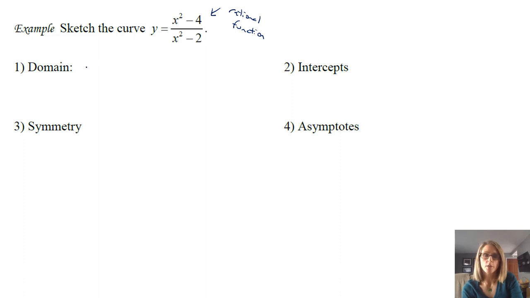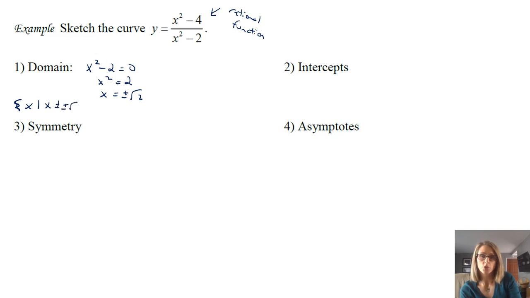Not all the time in a rational function, but we have to think about the fact that there are times when the denominator may be equal to 0. So if we set the denominator equal to 0, it tells us that we're going to have an issue when x is equal to plus or minus the square root of 2. So our domain is going to be everything, because anything else is going to be okay, except that x cannot be plus or minus the square root of 2. And that'll come back in a minute, but it does tell us something about the domain.